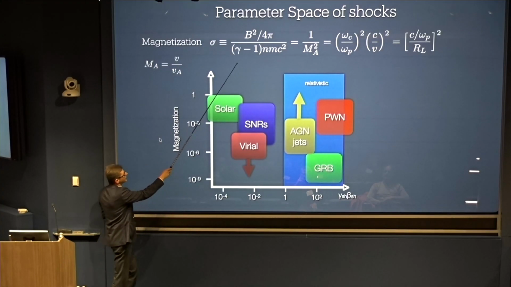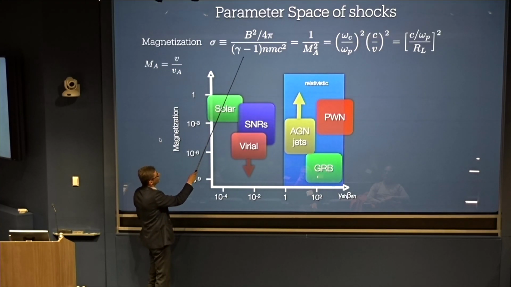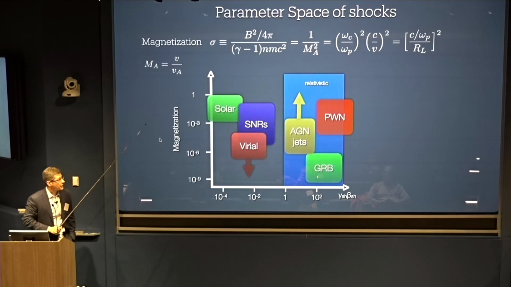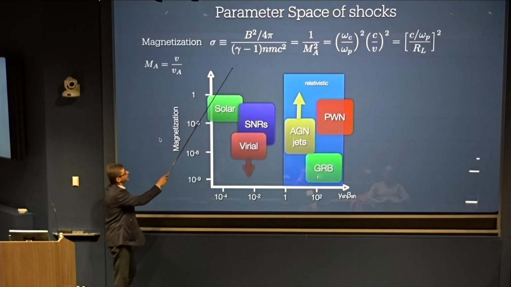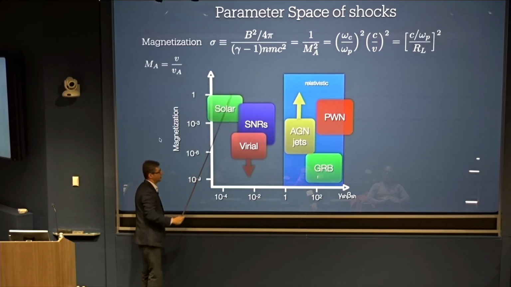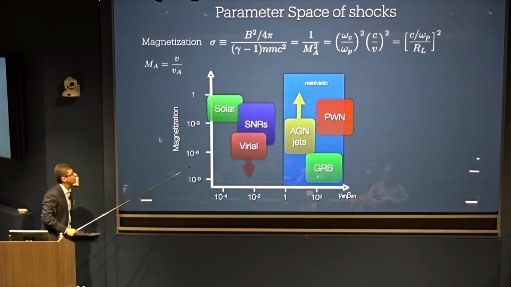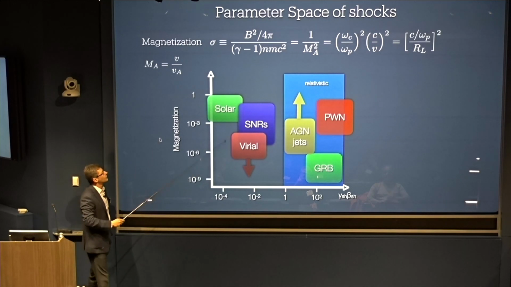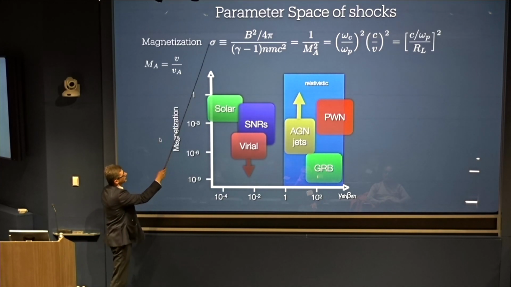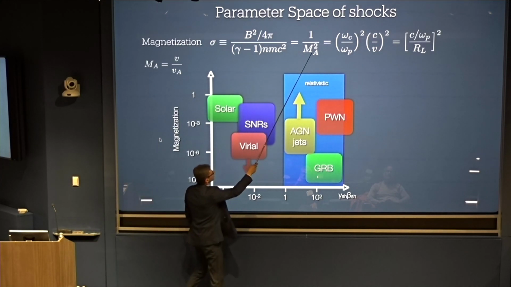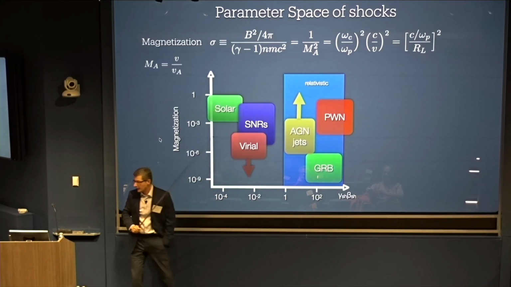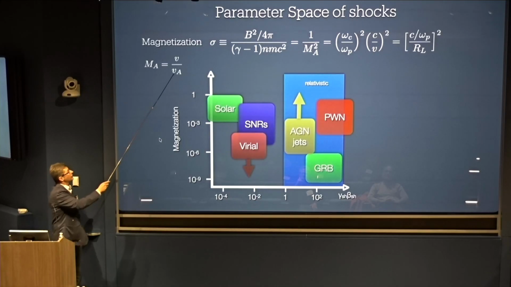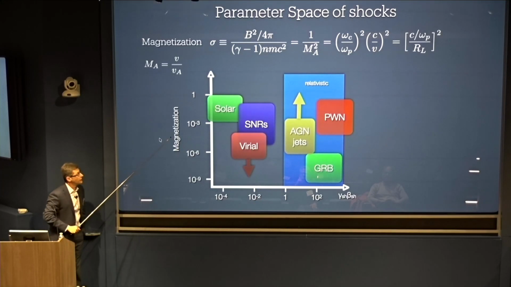In fact, in this case, I cheated a little bit. This is now gamma minus 1, so this is a kinetic energy, not just rest mass energy density. So it's the ratio of magnetic energy density to kinetic energy density in the upstream in front of the shock, measured with respect to the shock. So I call it magnetization. Others also call it the Alfvénic Mach number, so 1 over M_A squared, where the Alfvénic Mach number is the ratio of velocity to the Alfvén velocity.